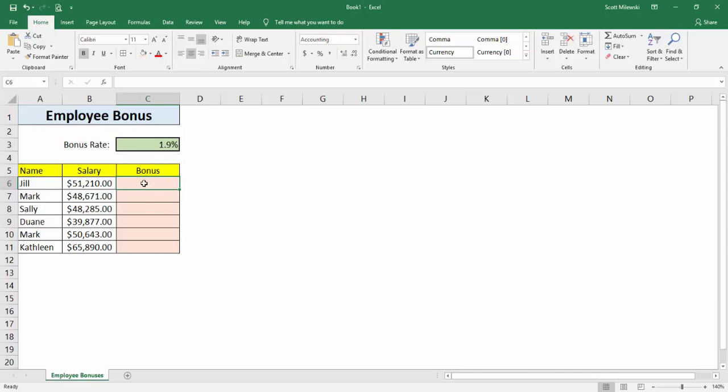So I'll start off putting an equal sign. I'll take their salary times the bonus rate. Easy enough. Notice there's no absolute references in there. I'll press enter, and that's perfect. That's what Jill should get. So to make my life easy, I'll go back and use the fill handle to fill down